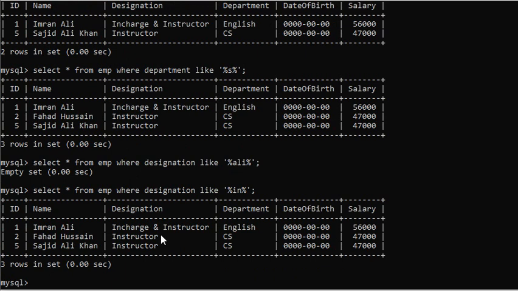You will see that there are three records inside the designation which contain the IN characters. So the LIKE operator shows the records whose value matches with our pattern.